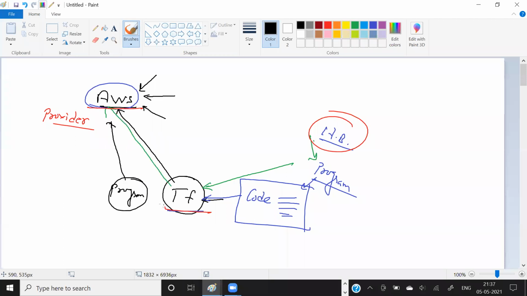It means if Terraform says I want to connect to AWS, but I don't know the AWS concepts, their terminology, their services names, their resources names, what is there in AWS, I have no idea, but my company or maybe my open source community has created some program, and by this program